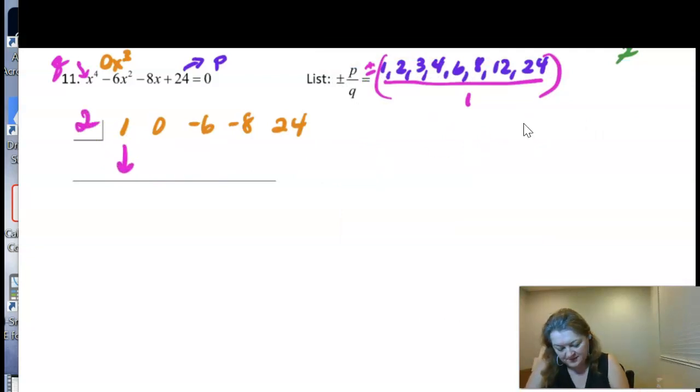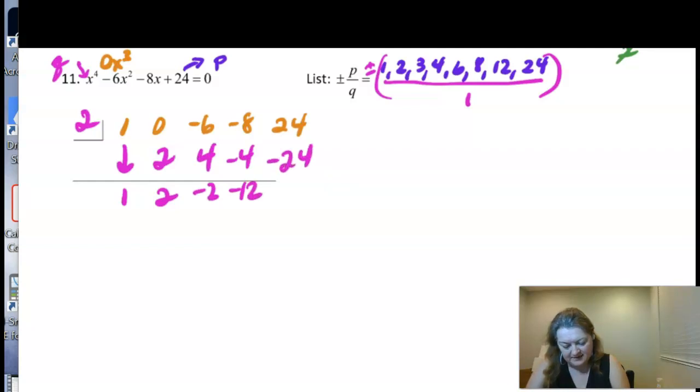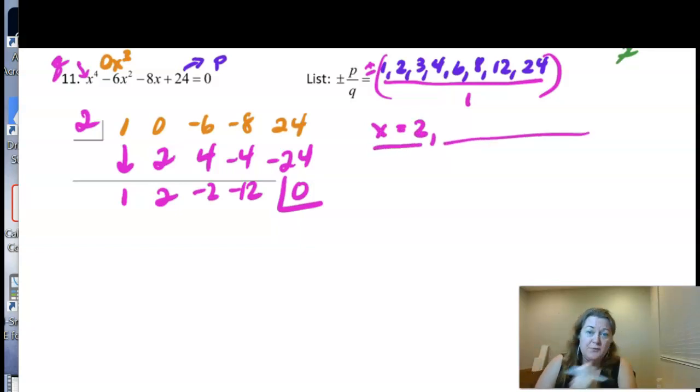Okay, so bringing down my first number, multiply, multiply, multiply, and one last time, hey, look at that, we got a 0. All right, so what does that tell us? It tells us that x equals 2 is one of my answers, right? It is an answer. It's not even possible, it is an answer. But remember, it's got an x to the 4th, so there are still 3 other answers